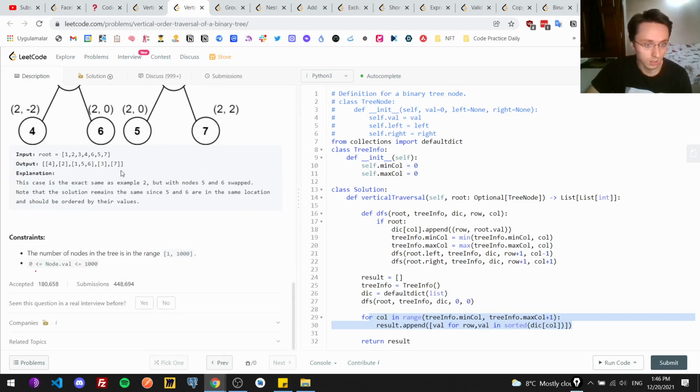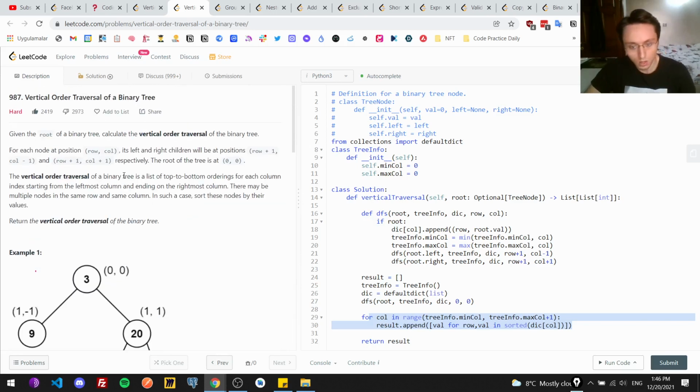So in this way, we will just have our answer, and the time and space complexity will be okay. DFS will be O of n. We'll just go over every element once, and then here, as you see, we will just go over minimum and